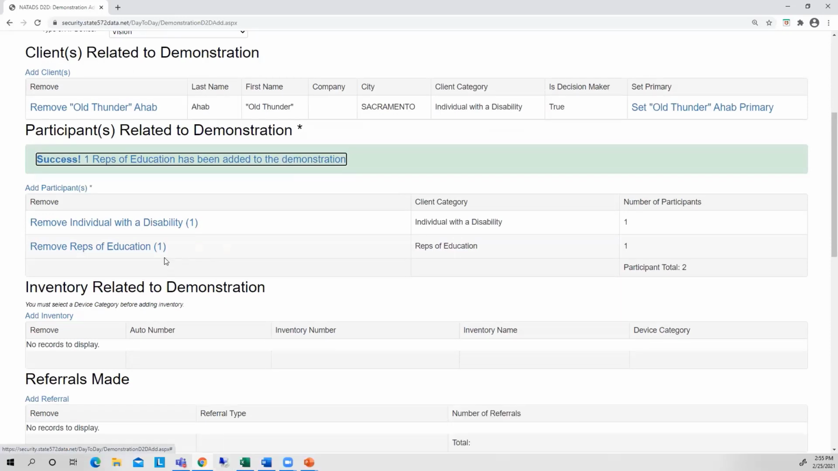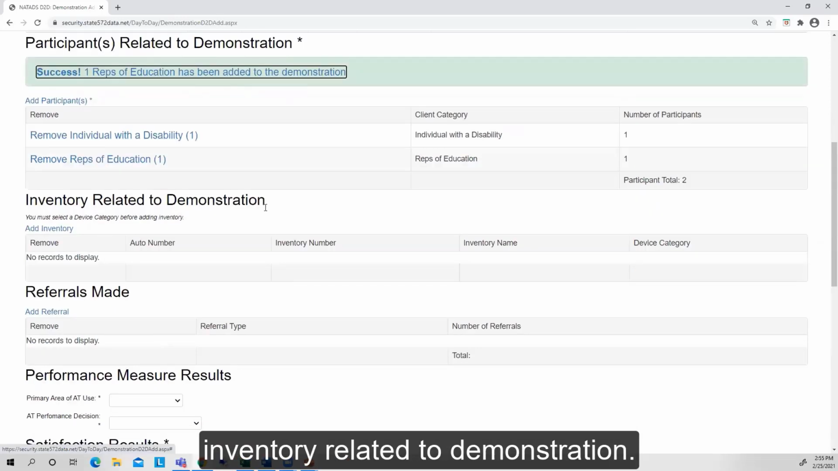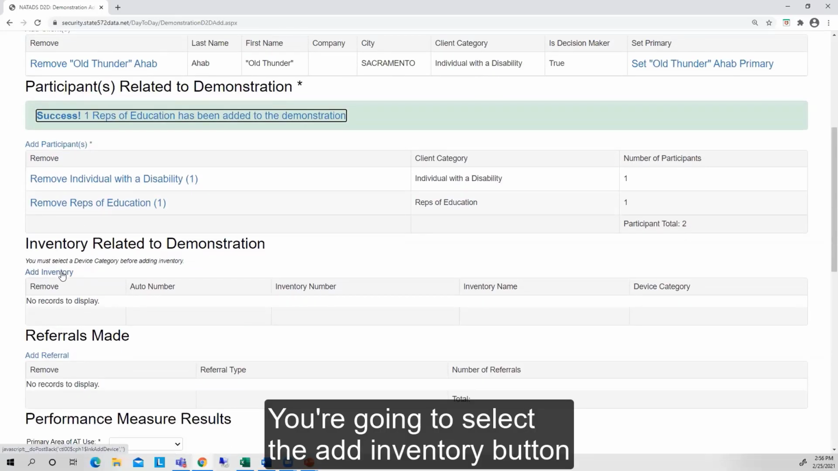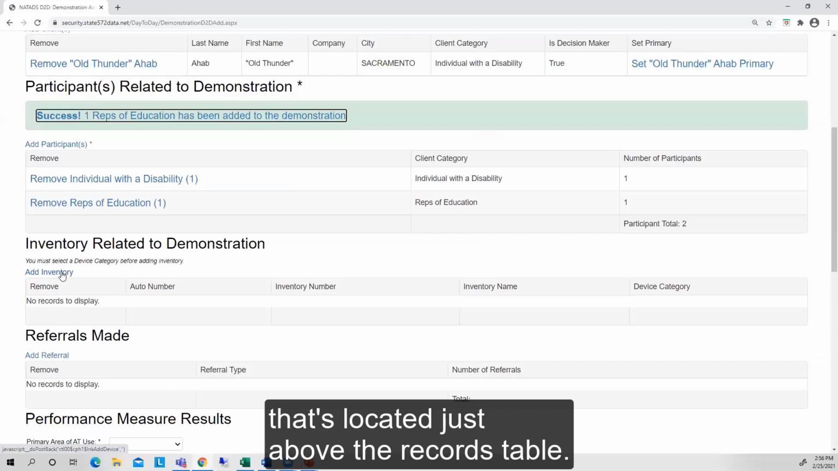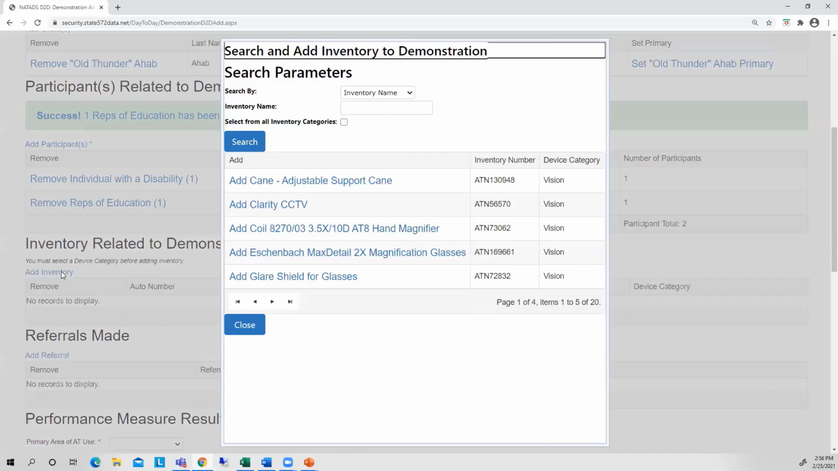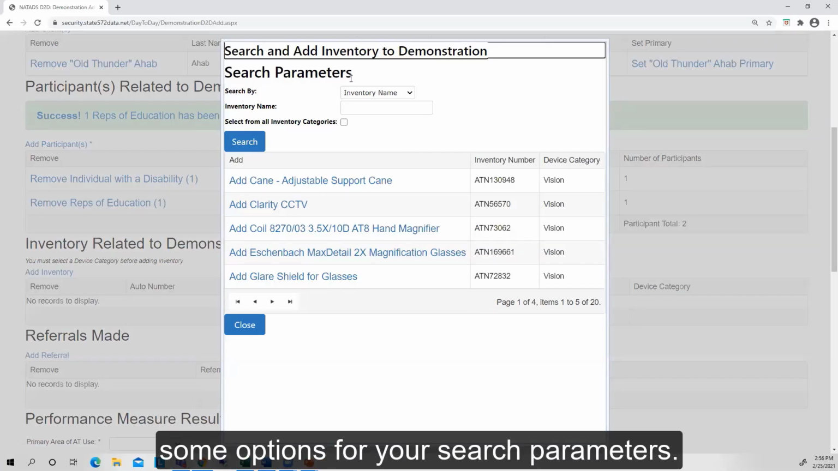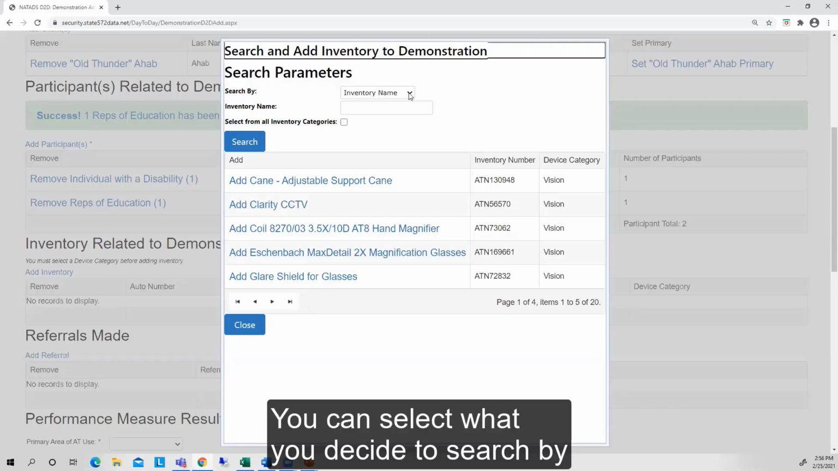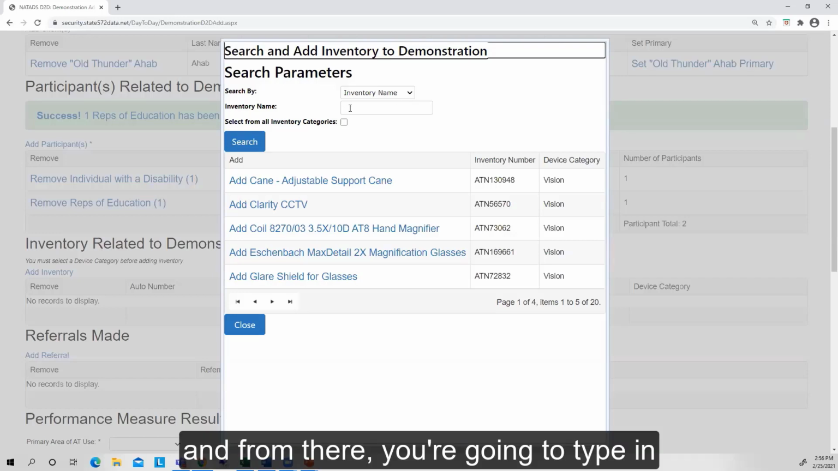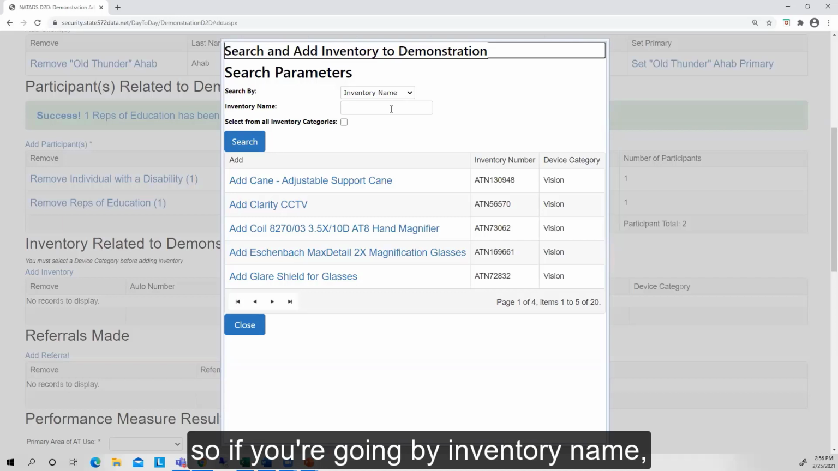Continuing down the page, you'll see that there's a banner titled Inventory Related to Demonstration. You're going to select the Add Inventory button that's located just above the records table. From there, you're going to see that there are some options for your search parameters. You can select what you decide to search by. And from there, you're going to type in the parameters that you decided to search by. So if you're going by inventory name,